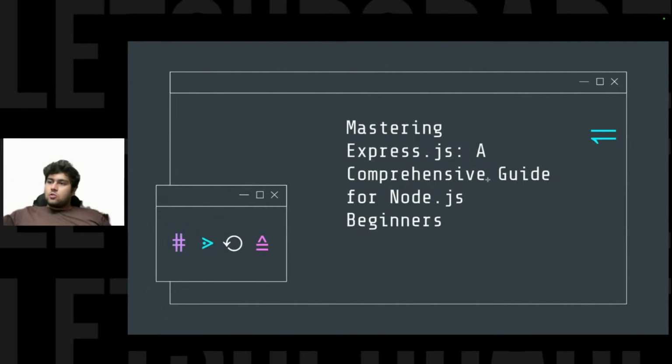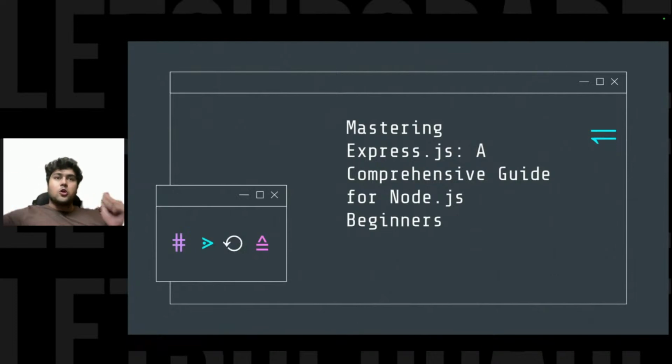Okay, so let's start today with Express.js. Before I start, what is Express.js? If I just summarize it, I can say it's a Node.js framework.